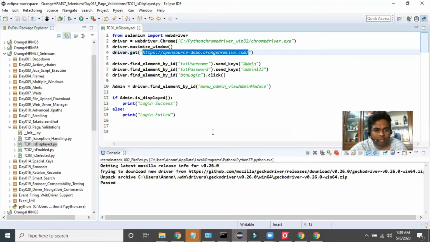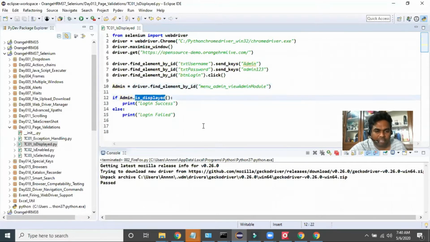Otherwise, login is failed. So first of all, I'm creating my web element object like this, the admin web element, and admin dot isDisplayed is a method to check whether a particular web element is available. If this condition is true, then it will navigate to this part. In case this condition fails, this method will return false, so then it will go to the